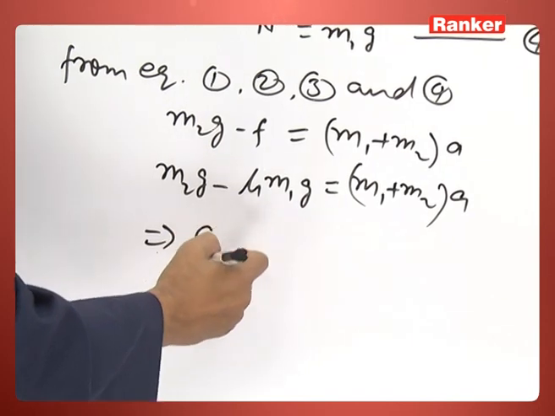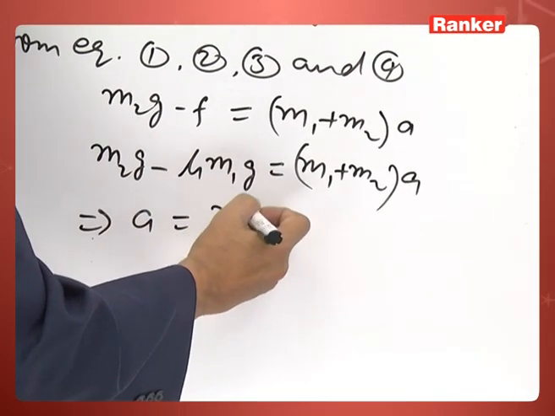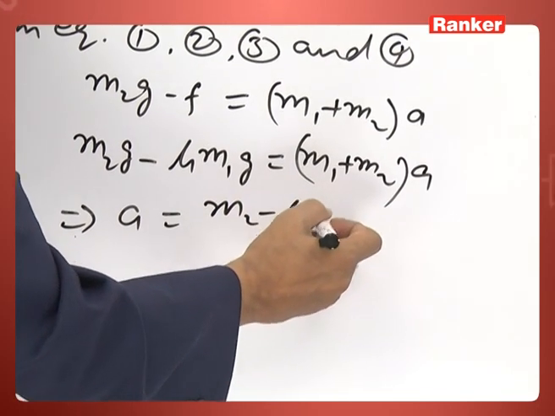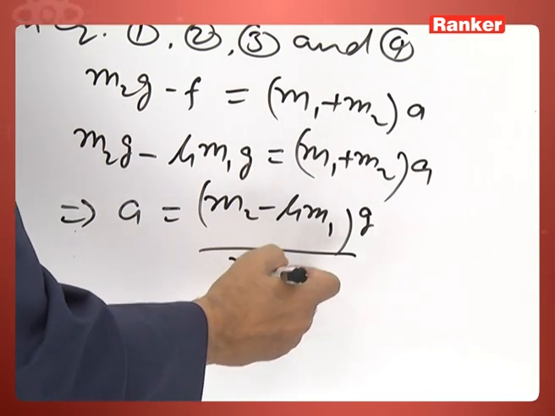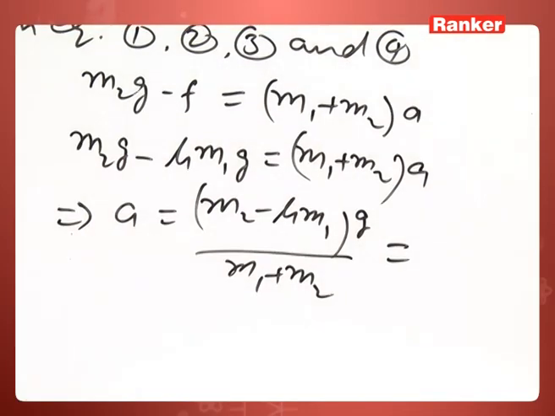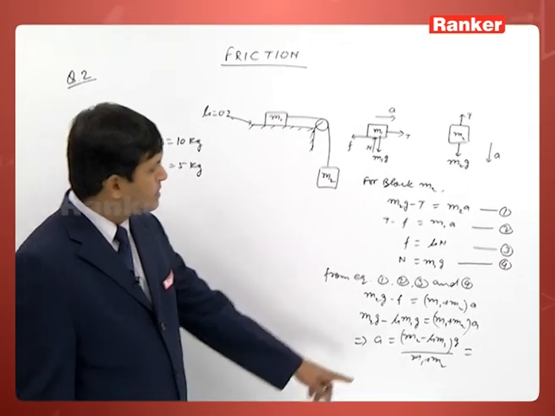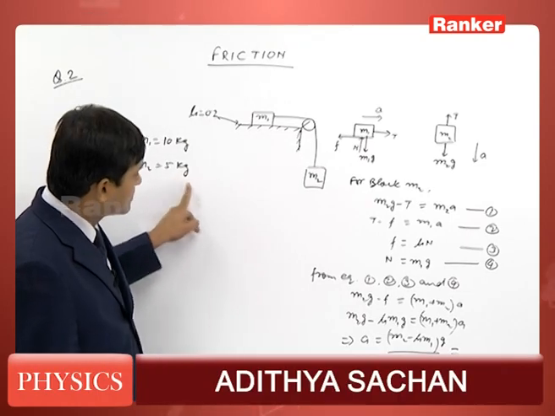So, the acceleration of the block will be m2 minus mu m1 into g by m1 plus m2. So, if we are substituting the values in the acceleration expression, m2 we got 5 kg,